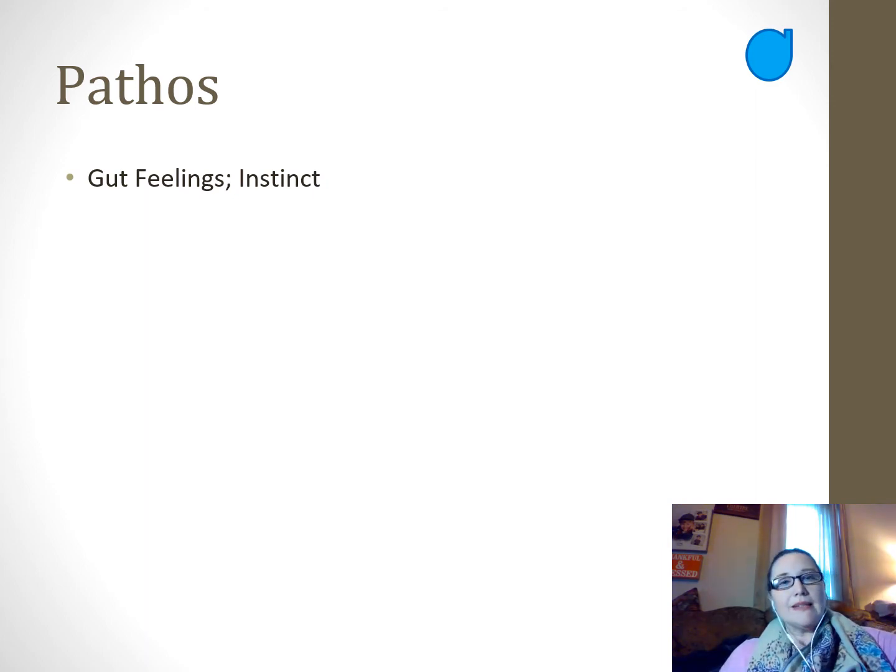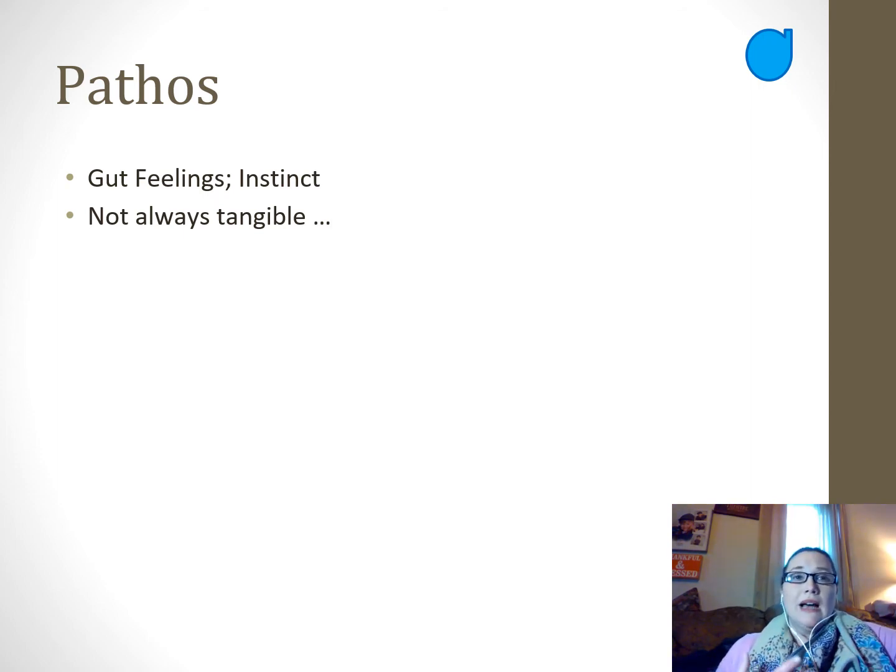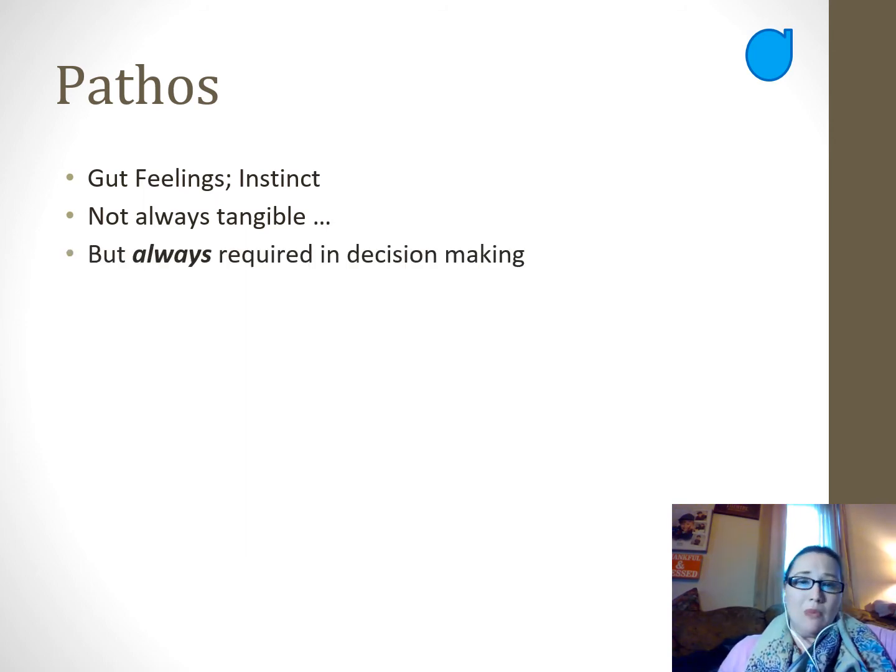And the reason for that is because emotion doesn't convey the same way on paper in writing as in-person persuasion does. So we have to think about this. We've talked about the pathos, that gut feeling. It's like your instincts. It's tough because it's hard to kind of put a finger on why people do what they do, why people feel the way they do about certain things. So even though it's hard to figure that out, it is always a part of decision making.